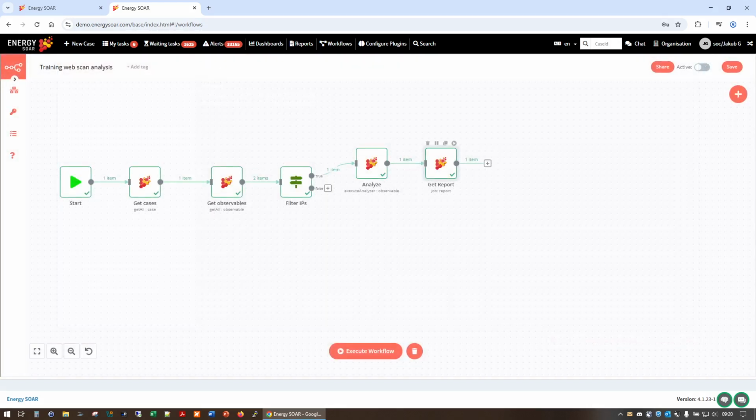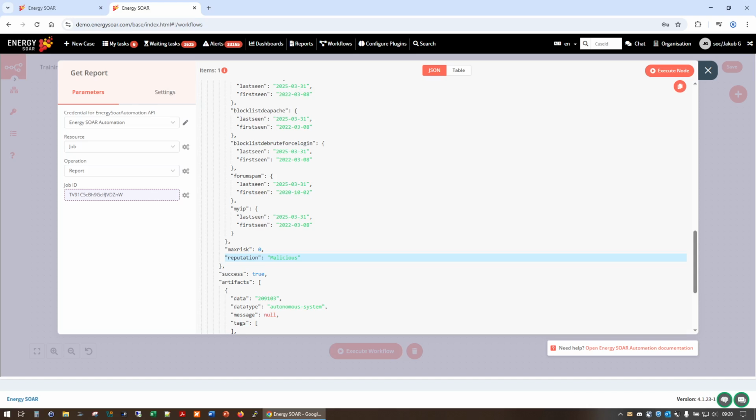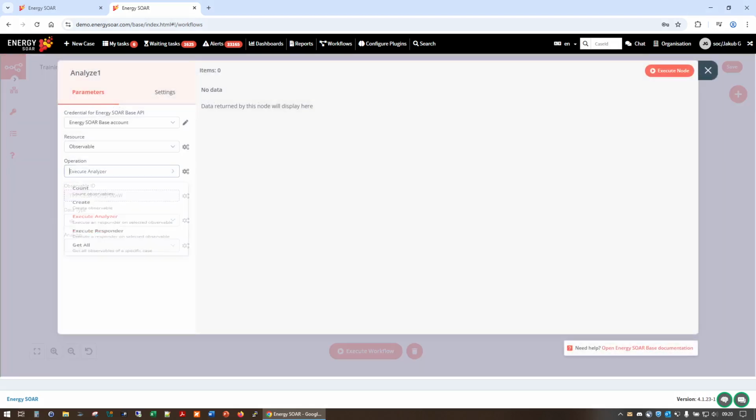So let's duplicate this one, connect it here, and I will go over here to copy the value, copy parameter path is what we need. Then we select update observable,